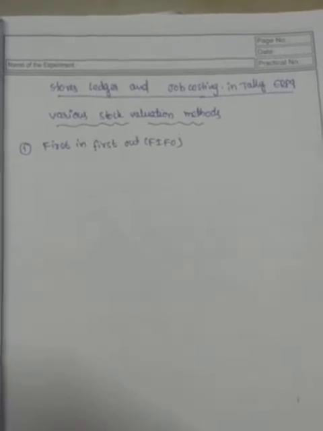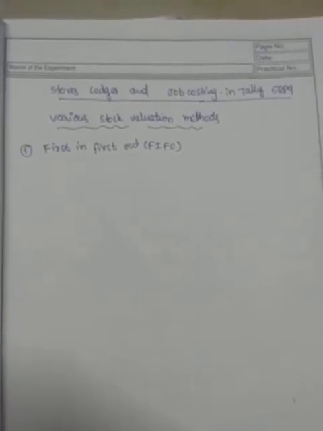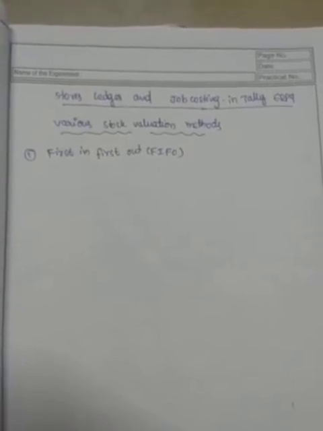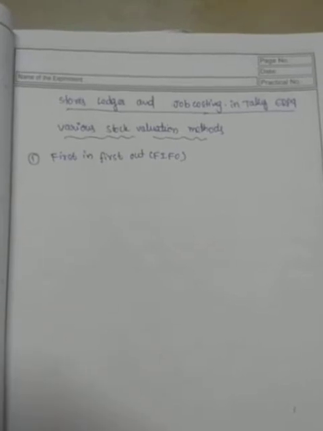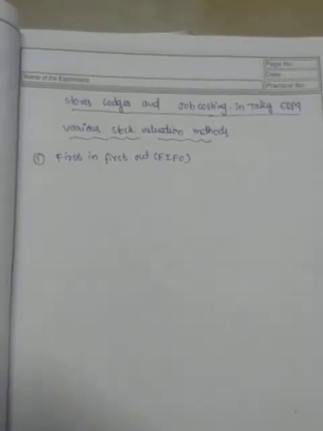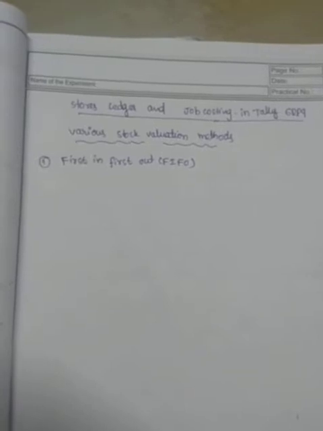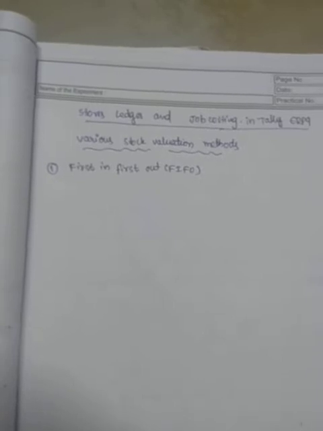Here, whenever the inventory is sold, that inventory is issued to the manufacturing department first. The oldest inventory items are recorded as sold first, but this does not necessarily mean that the exact oldest physical object has been tracked and sold. In other words, the cost associated with the inventory that was purchased first is expensed first.